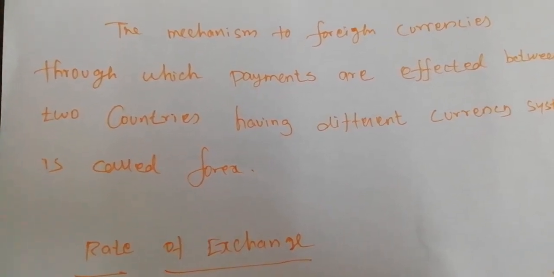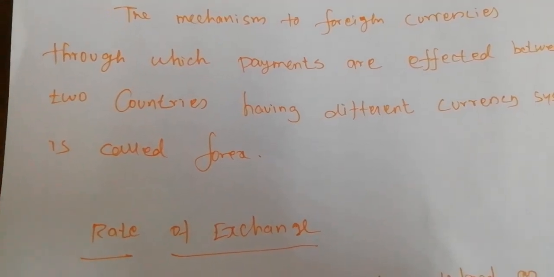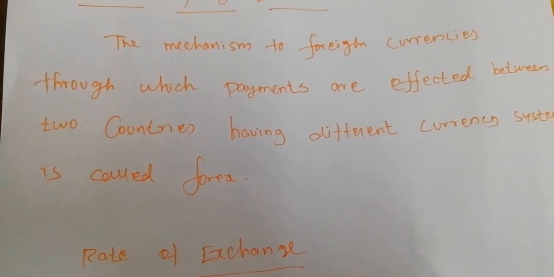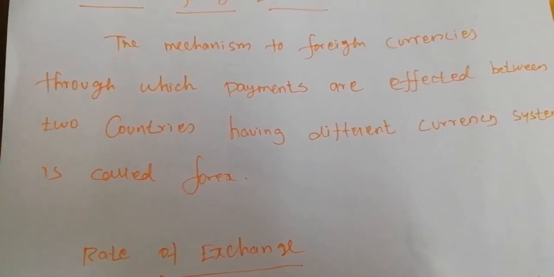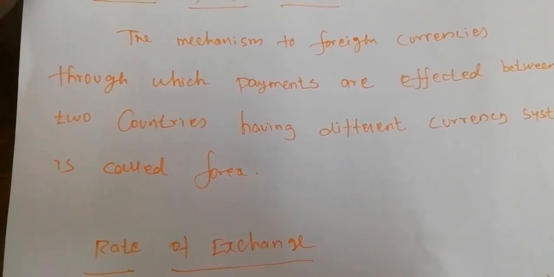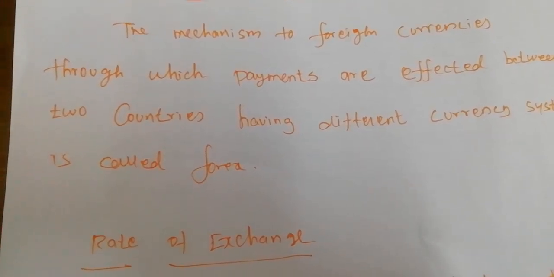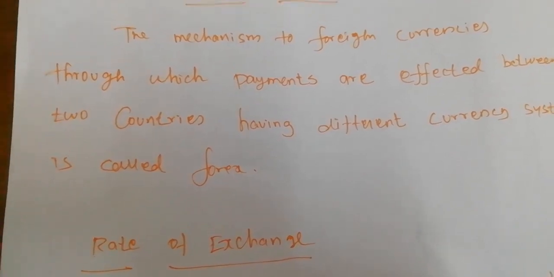We pay in other nations' currencies, and we get our nation's currencies. So all nations must hold other nations' currencies. It covers methods of payment, rules and regulations of payment,